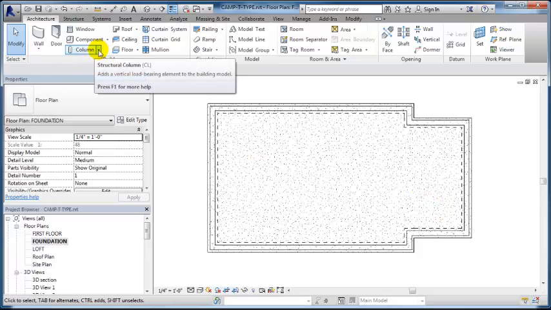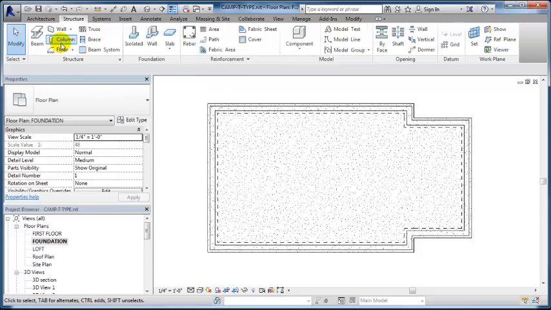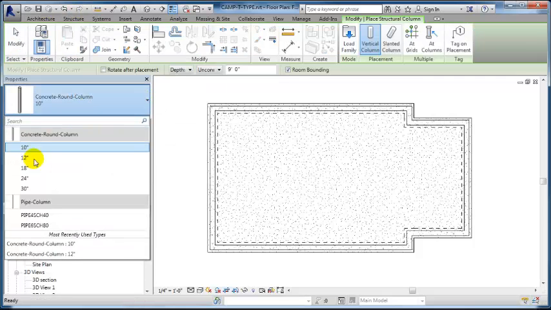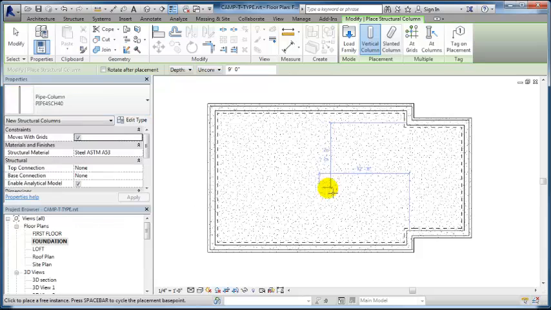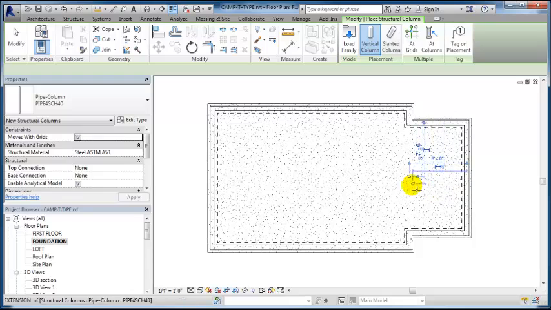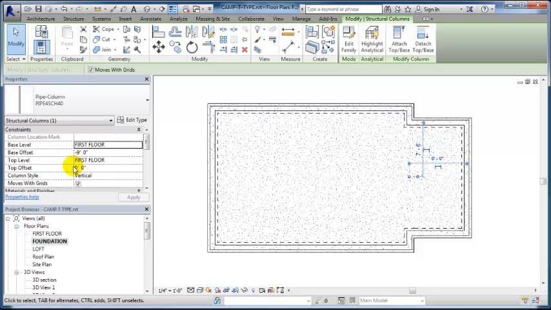So I'm going to put a column to support that beam, so that would be a structural column. And this time it would be the pipe column. And we'll put that right here for now. So let's see where that landed. That went to base level first floor, offset of 9 feet. So I want to make that an offset of